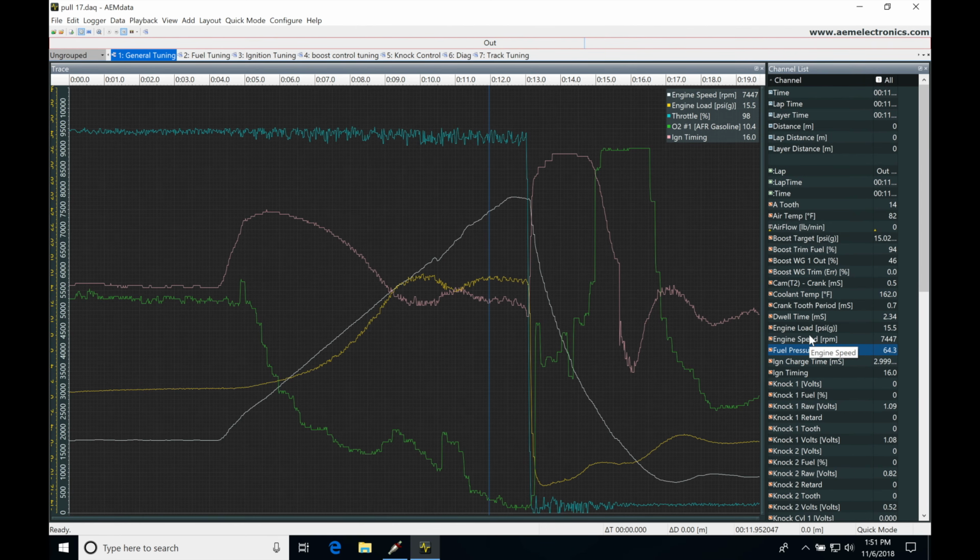So we're going to be taking two or more channels, putting them into a mathematical equation to spit out a calculated channel that we can put into our data log that we can use again, for monitoring or for tuning purposes. So what I'm going to be looking at here and showing you in this video is going to be our fuel pressure differential. Now we covered the concept of that in EFI Basics,